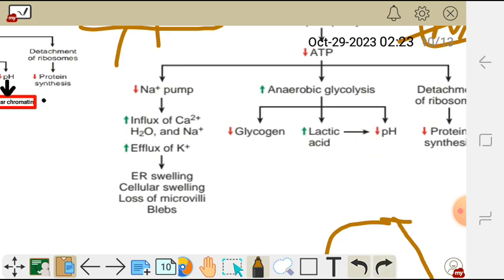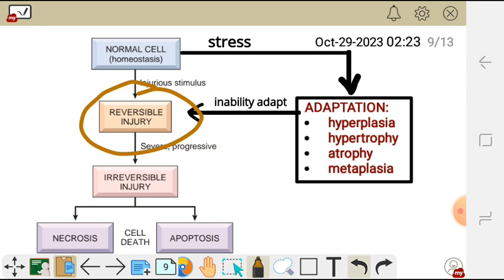Okay, so we are going to have acidosis there inside the cell. Then apart from that, we are also going to have depletion of glycogen. Glycogen is going to be depleted. But first of all, let's see the consequences of reduced pH. So reduced pH